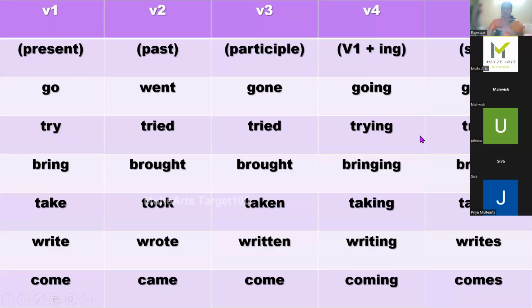Generally, V5 is nowhere there. But to make the students better understand the difference between singular verb and plural verb, we use it as V5. Now, let me come back to V1. V1 is the base form of a verb. Base means that is the present form of the verb. As you can see, one example here is go. So, go is called the present tense of the verb, or the base form of a verb.